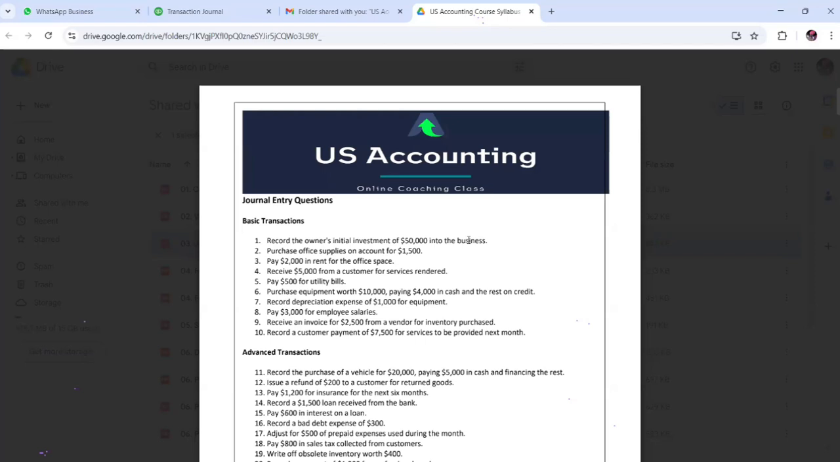So let's start with the first transaction. Record the owner's initial investment of 50,000 into the business. So we have received payment of 50,000 in the bank account. So how to record that? If you receive money in your bank,